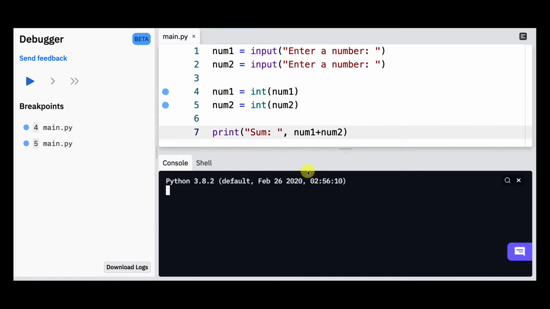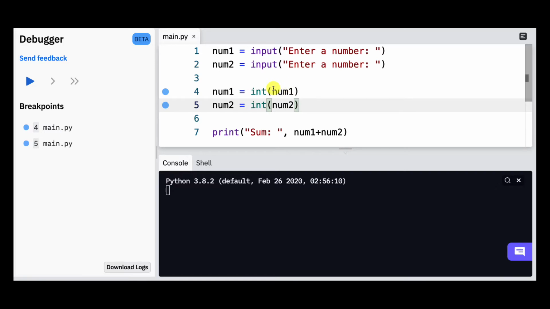All right, so a few things have happened. I've added two lines of code, line 4 and line 5, and we'll see what these are and what they do in a second. But essentially, they are type conversion. So this is how we use type conversion. So in type conversion, we wrap data that we want to convert. So in this case, num1 and num2. We wrap that in the parentheses, and then we put the data type that we want to change it to